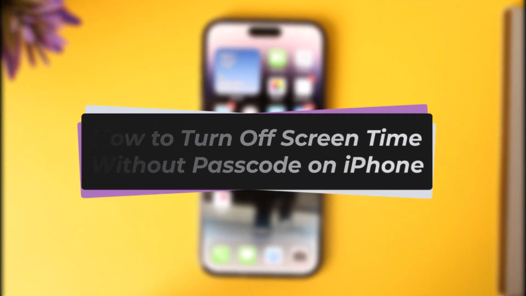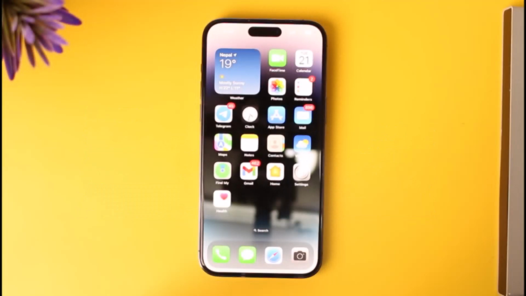In this video I'll show you how you can simply go ahead and turn off screen time without passcode on